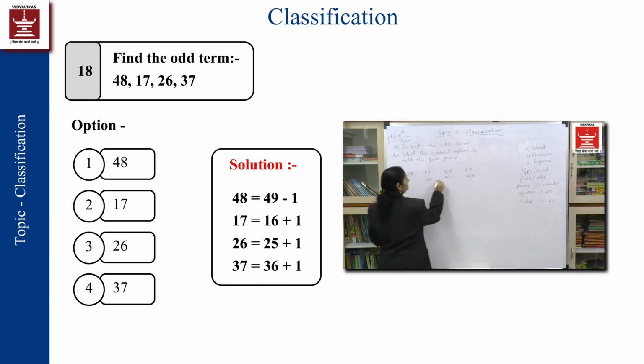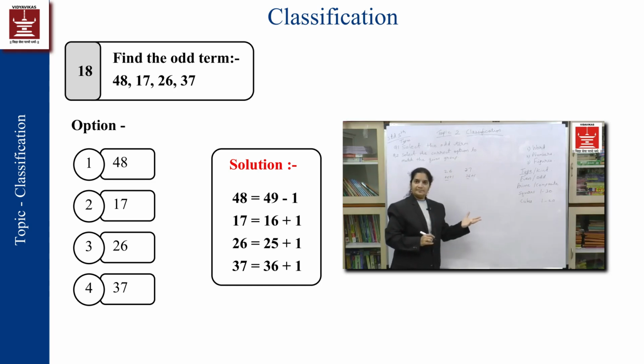And what are these numbers? 16, 25 and 36? These are squares. So when we talk about numbers, you should be so used to them. You need to be friendly with them. You need to have every knowledge about it. So the moment you see the numbers, your brain should start working on it. You need to discard one of them.